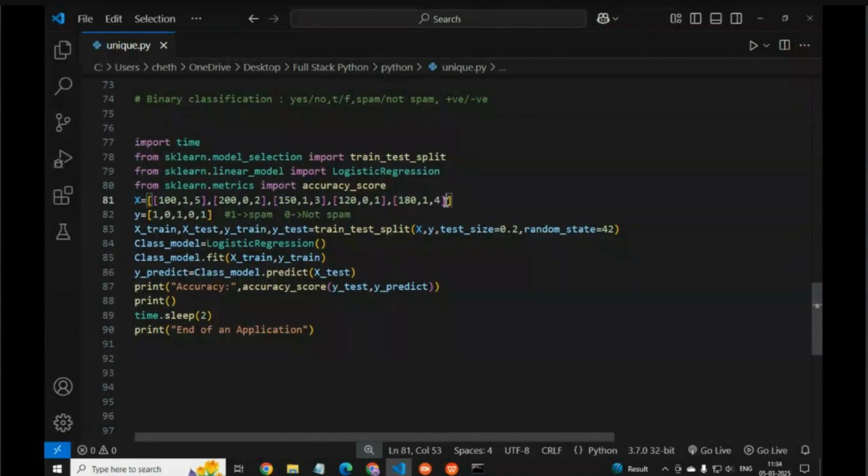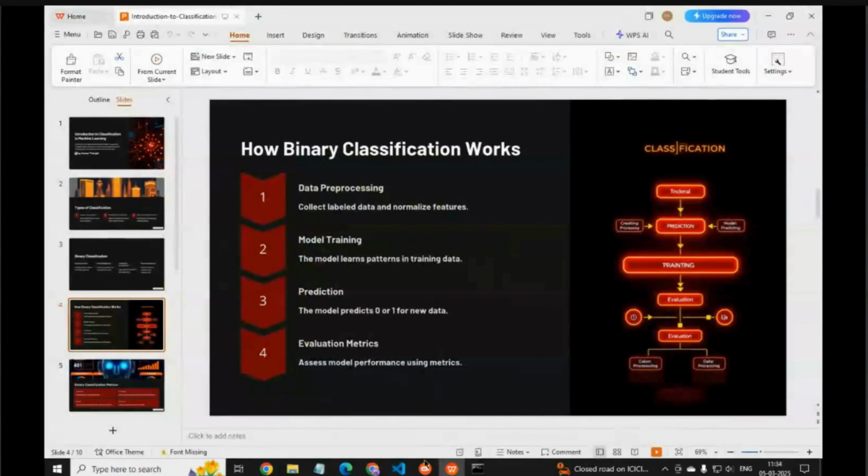But here there are four question marks and the letters are 180. According to that we have to analyze the data. So it gives the prediction as zero accuracy. So this model we created is incorrect.